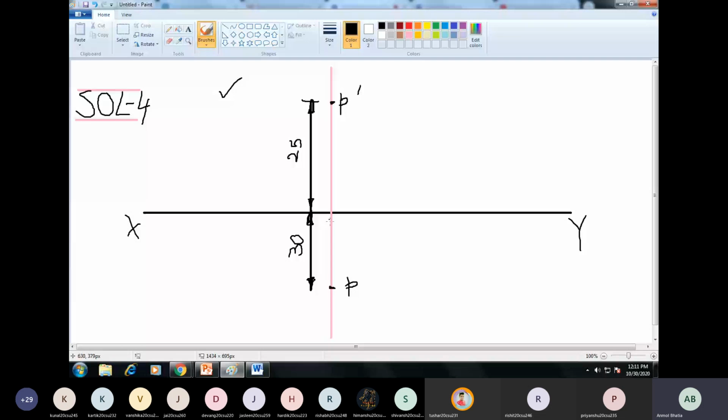So in order to make the right side view, we'll open the compass and we'll rotate the top view and try to meet it with the front view. So we'll just open the compass and we'll draw an arc. Okay, so this arc is drawn, and then we'll extend this arc. Fine. We'll join it with the front view and we'll get a point. This point is labeled as P double dash, which is called the right side view.